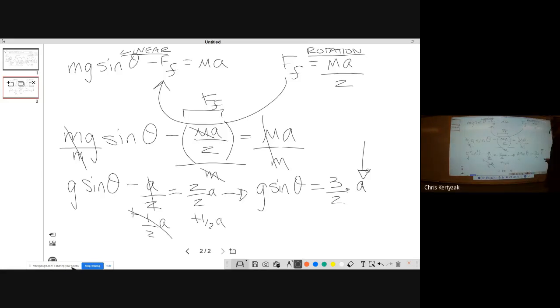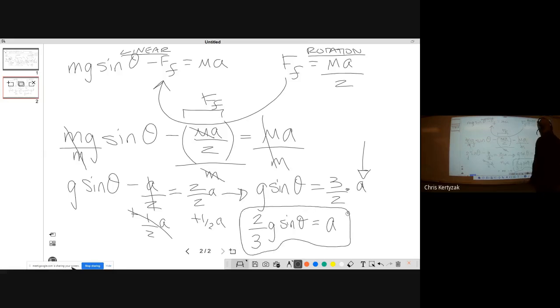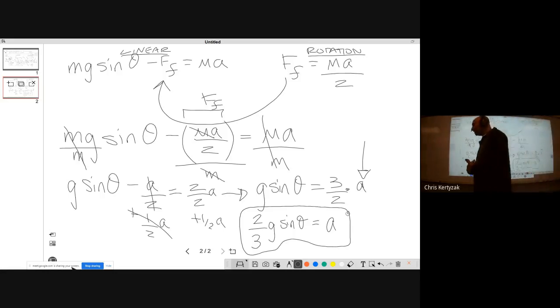And one step more is just to multiply both sides by the reciprocal of 3 halves, which is 2/3. And there you have it. 2/3 g sine theta equals the acceleration. Whether I put a on the right or a on the left, of course, doesn't matter. So it's important to note that g sine theta is recognizable to me, perhaps to you,